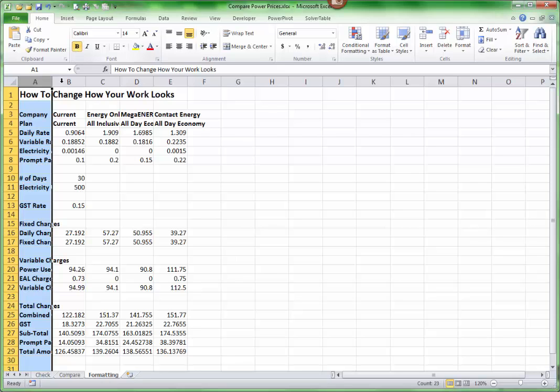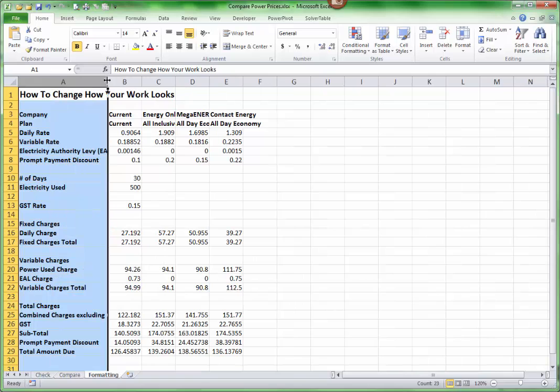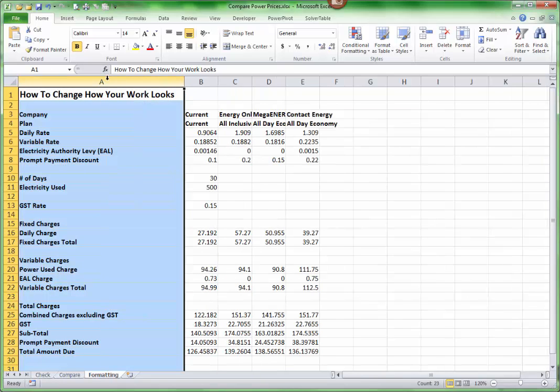Now you'll notice that some of my text is not visible. That's because my column width is not wide enough for that text. To widen it, I've got two options. I can widen it manually. Alternatively, I can double click the space between the two columns. Now you'll notice that when I do it, my heading is actually the widest part, and I may not want that width. So I'm going to manually change it